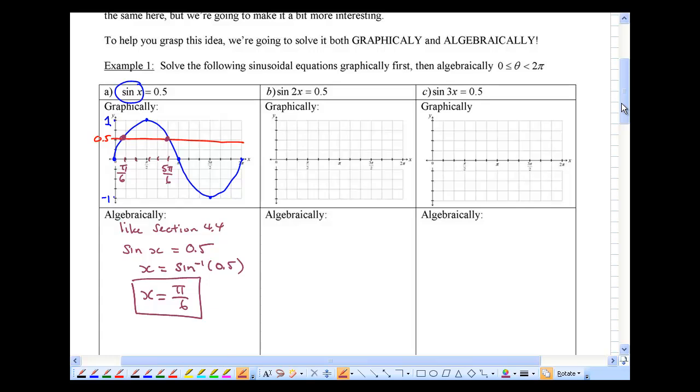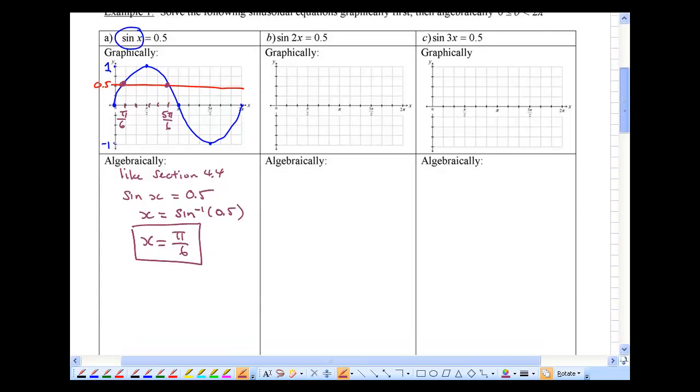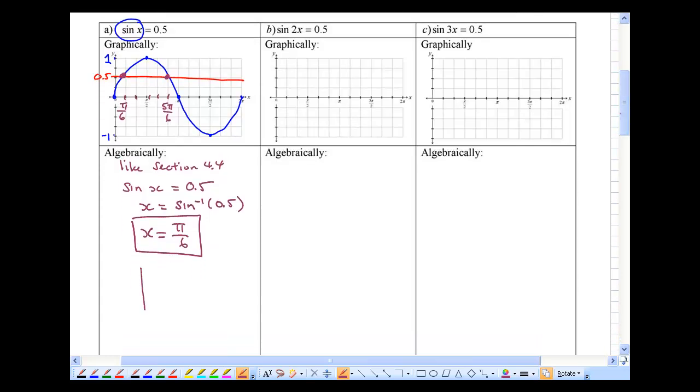Of course, that's not the only answer, and this is a review from chapter 4.4. Remember our lovely ASTC, all students take calculus. And we know that sine is positive not just in the first quadrant, which is what we have, but also in the second quadrant. So we have to actually calculate this angle. And to do that, we're going to invoke the idea of the reference angle and say that the actual angle in quadrant 2